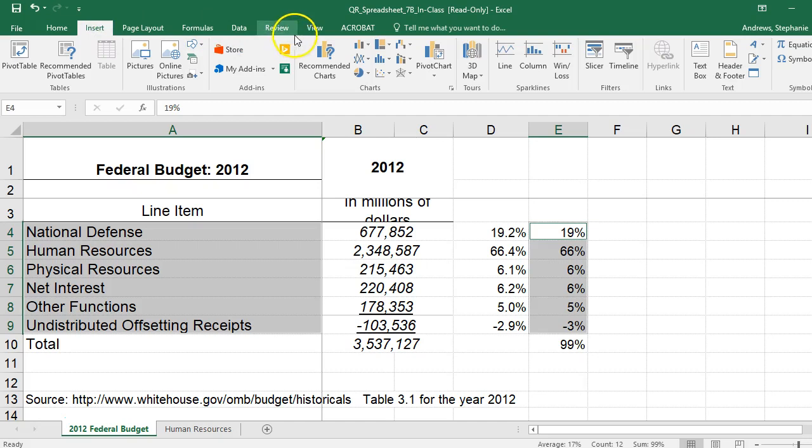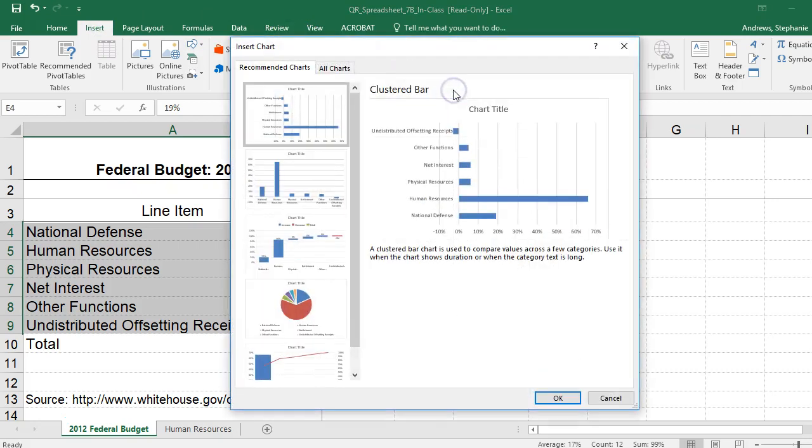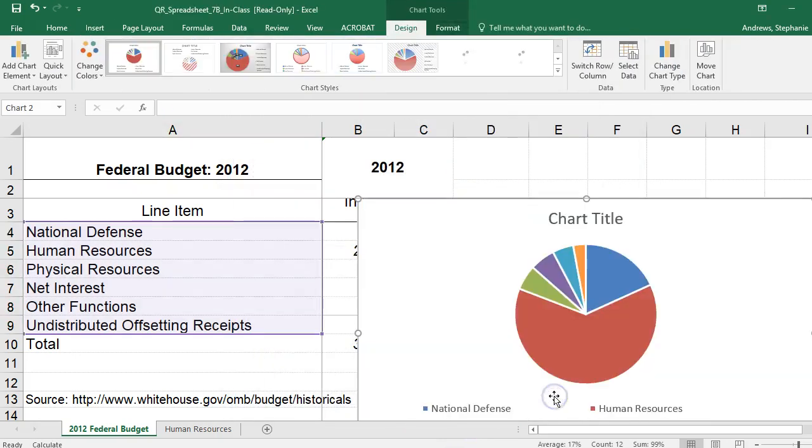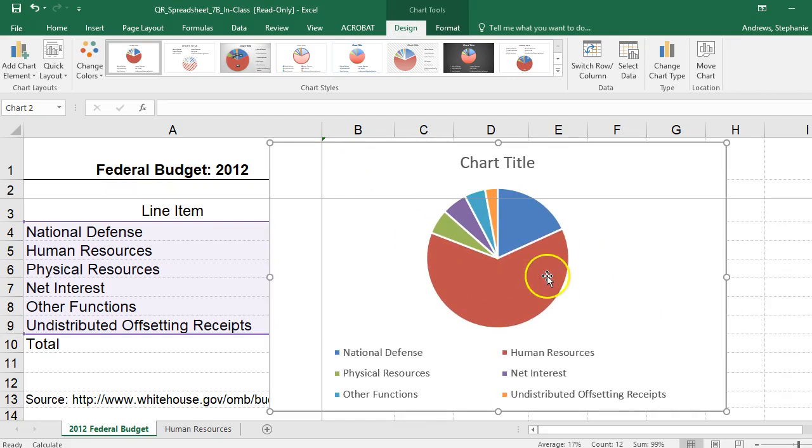I'm going to click Insert and go to Recommended Charts, and then probably a pie chart will pop up, and there it is. And looking at this, I can add a chart title, I can add information, I can do all sorts of things to it. But for right now, I just want to do question 10. It says, consider these answers and create a pie graph of the part to whole. And what you're going to notice is